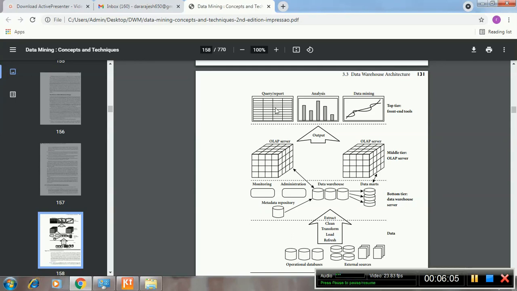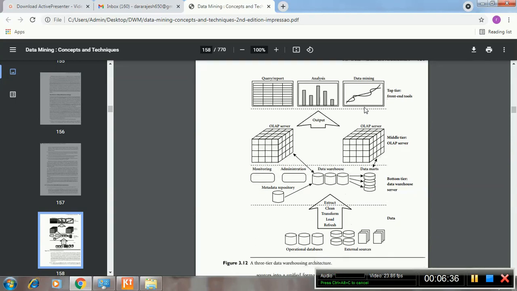So in the form of querying or in the form of reports, we are analyzing the data that we have extracted, how it is going to be useful and for which types of scenarios. Whatever data we extract is going to be mined, and it is represented in the form of graphs and some type of visualization.